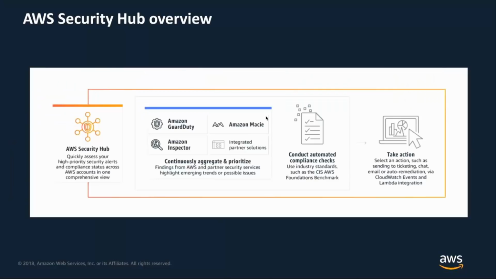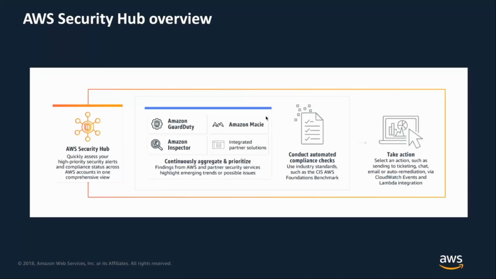Okay, so for that reason, we built out AWS Security Hub. The way that AWS Security Hub works is that you turn it on, and it can be turned on with just a few clicks, and it automatically starts aggregating security findings or alerts from our core AWS security services. Those are security services such as GuardDuty, Inspector, and Macie. You don't have to do anything. If you have those services on in the account where you enabled Security Hub, we will automatically bring those findings